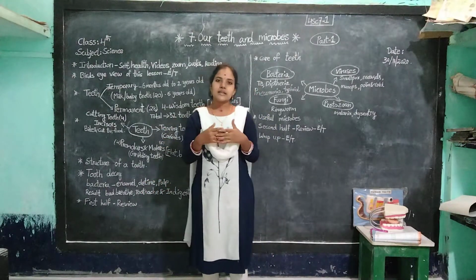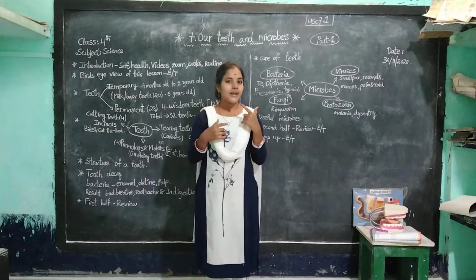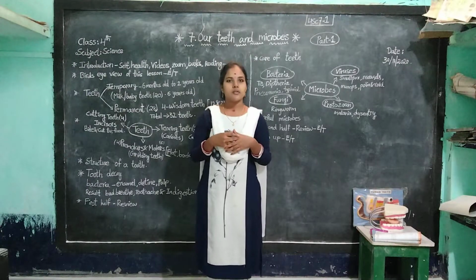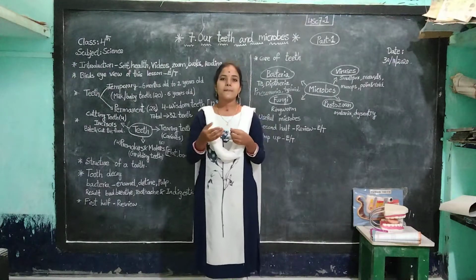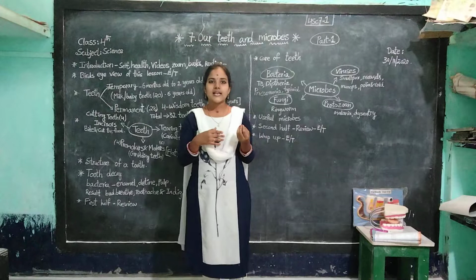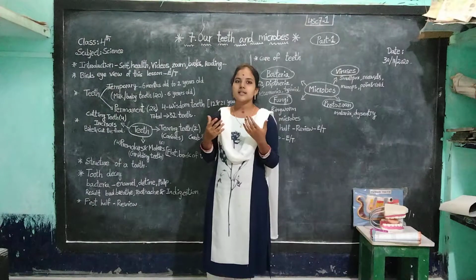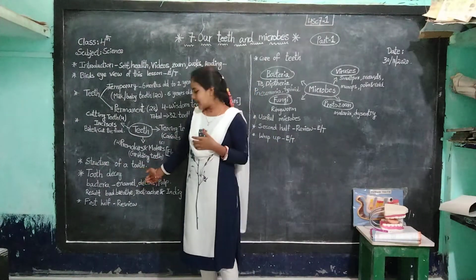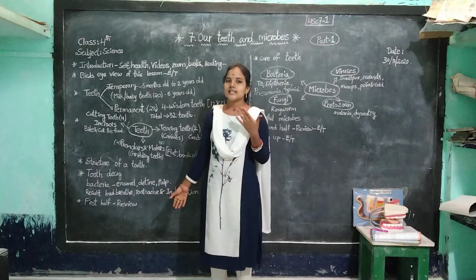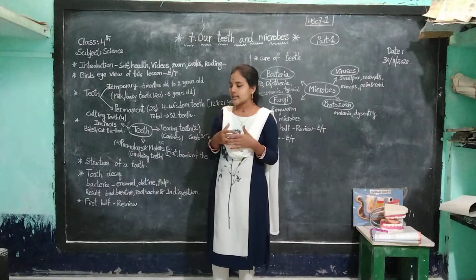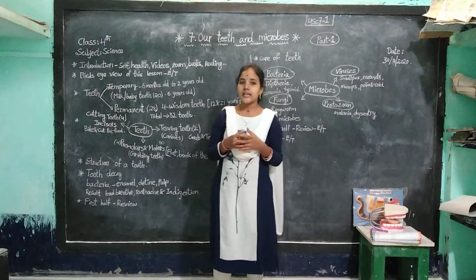So many times at the time of eating, very tiny food particles remain in our mouth after chewing the food. The tiny food particles decay, and that leads to growth of bacteria. The bacteria first attacks the enamel and then the dentine, and finally attacks the pulp also. Then it results in tooth decay and we get toothache, bad breath and indigestion. Did you understand children?